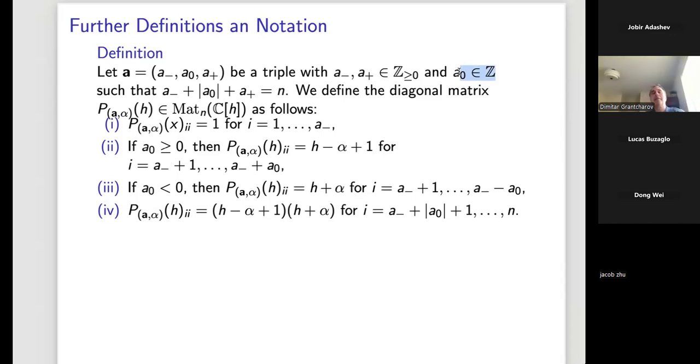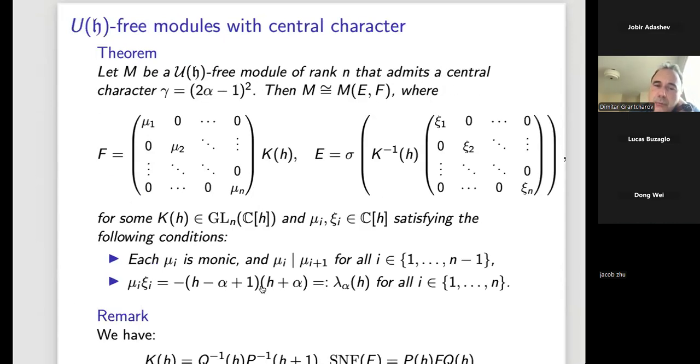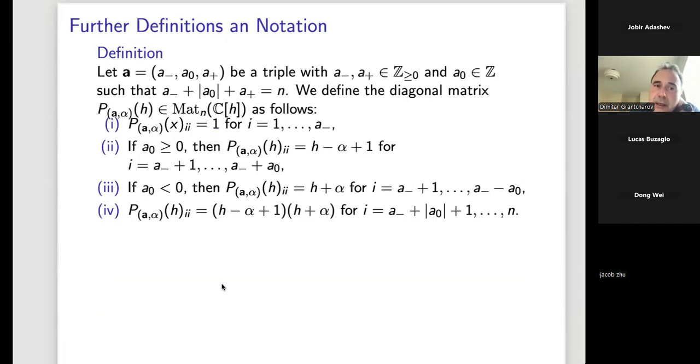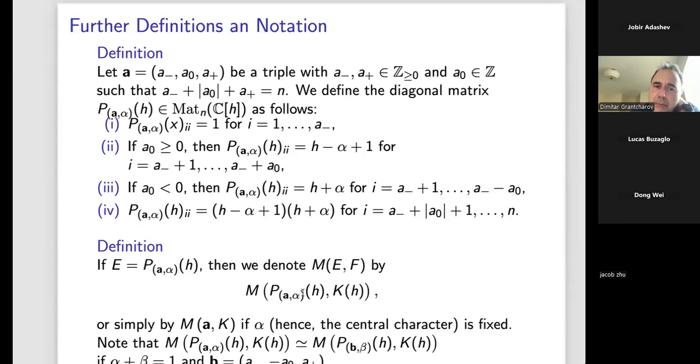So this is not some fancy choice. As it will be seen at the end, this choice in a way gives us a nice relation with the weighting functor. So it's good to allow the second invariant to be an integer. Say for this you put a positive number, for this negative, and in this way again you identify the matrix in the middle, which will be P_{A,alpha}(H). But if you know A and alpha, you immediately can say what this is.